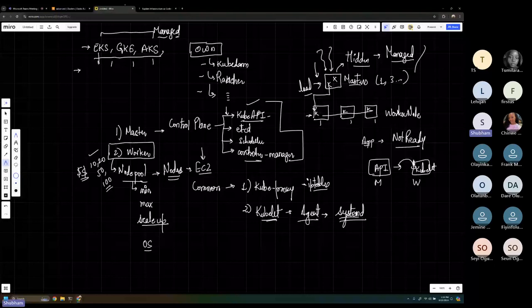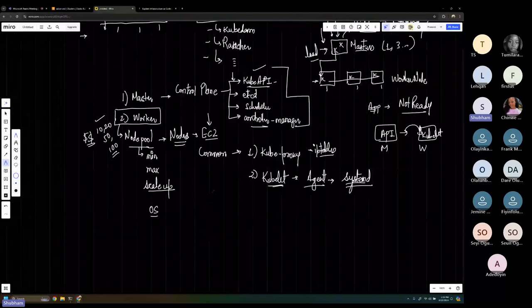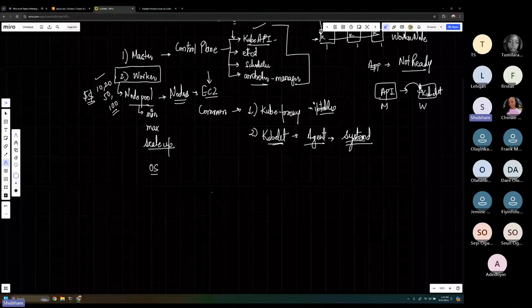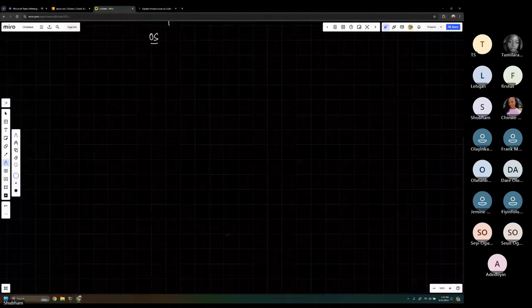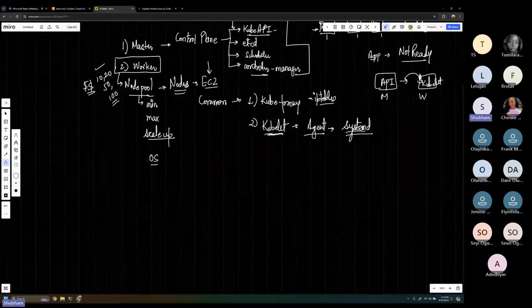This is a bit of troubleshooting if you ever want to see why your node is not ready. One of the first things that I would do if I have to troubleshoot is to see if the kubelet service on that particular node is running or not. You log in, you do a systemctl status kubelet. So this was a bit about the control plane. This was a bit about worker nodes, and I can show you that we have a cluster here called advanced,